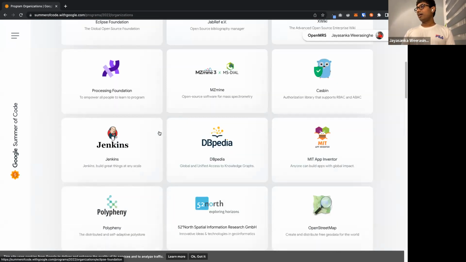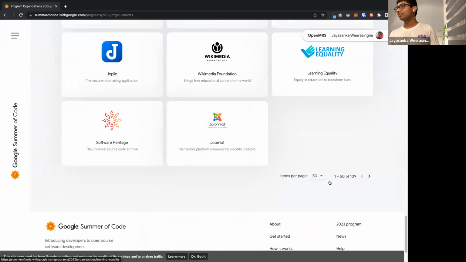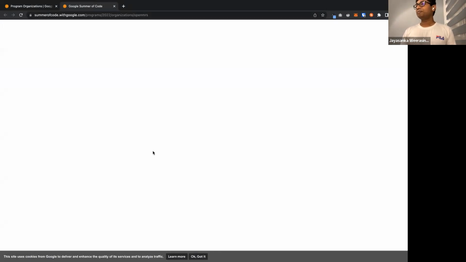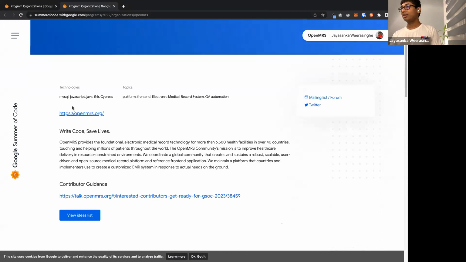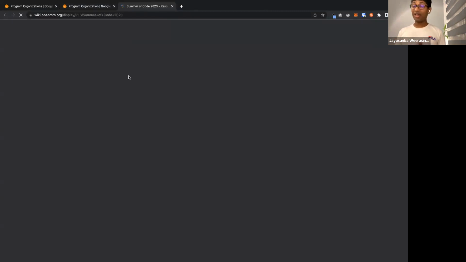As an example, I will pick OpenMRS from this list. It will load a new page that lets you know what technologies OpenMRS uses, and there's a button to view the idea list.